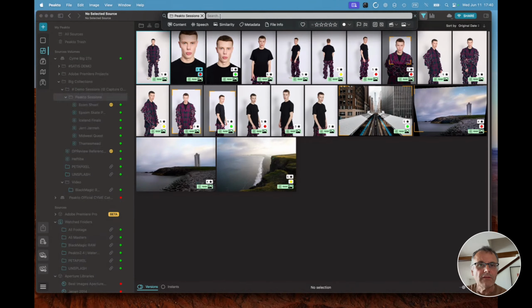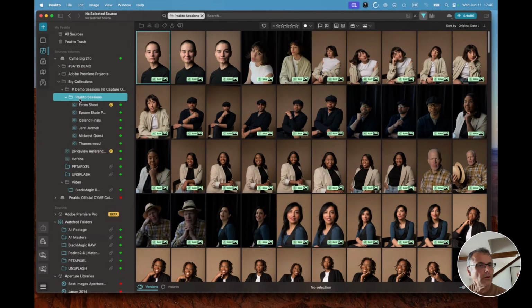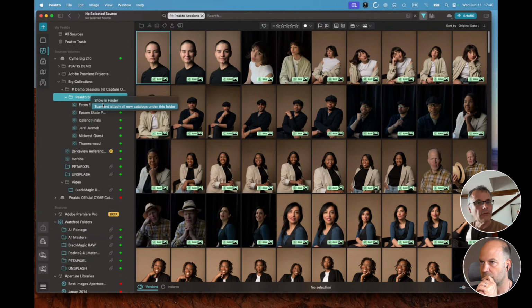Let me just remove my filter here on 3 stars, and I will see all the sessions that are in that folder on the Finder that contains sessions. And there's another cool feature: I can scan and attach all the new sessions that are under that folder. So for example, if you keep adding new things in a specific folder, new sessions that you create or new catalogs or whatever, rather than add them manually, you can actually ask Picto to just scan and find